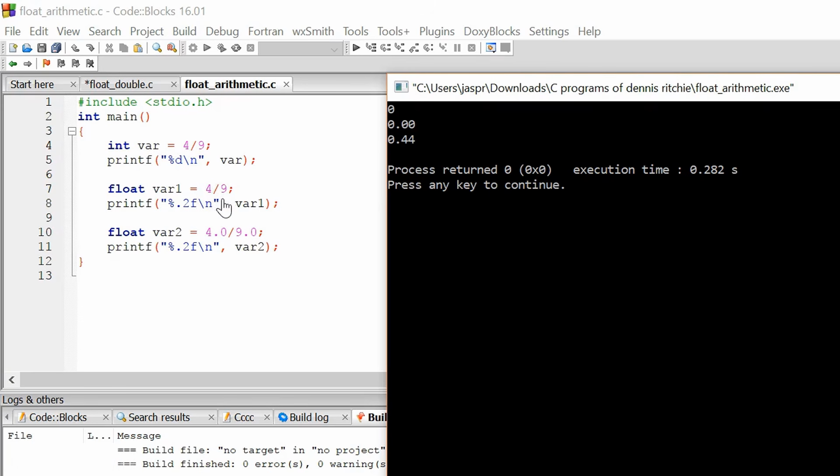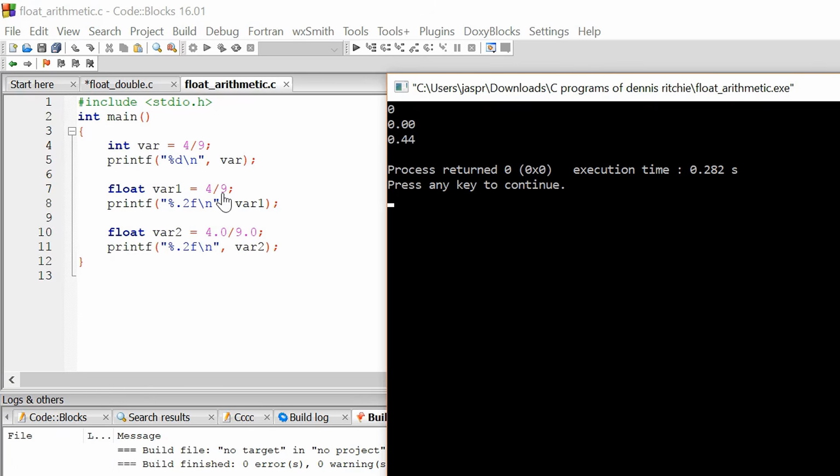Therefore, again, the result is getting truncated. Whatever is there after the decimal point is getting truncated. Due to this reason, if we try to print this value, it will only print this thing. 44 is totally lost. Because of this .2, we would be able to print up to 2 decimal points, but because there is nothing inside that, it will just print 0.00.